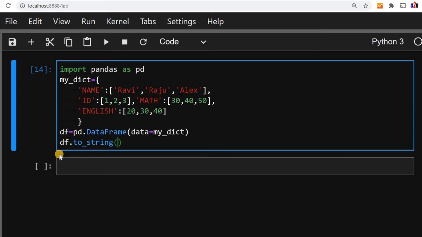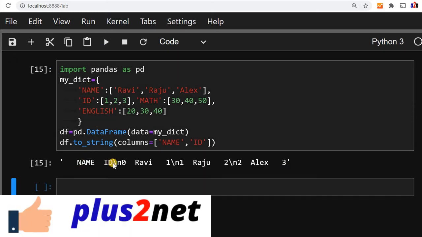Now there are 4 columns in that. We'll say no, show us 2 only. So we'll say columns equal to, we have to give a list here. We'll say name and ID only. Other things we don't want. Let's run this and see the output. You can see name and ID.